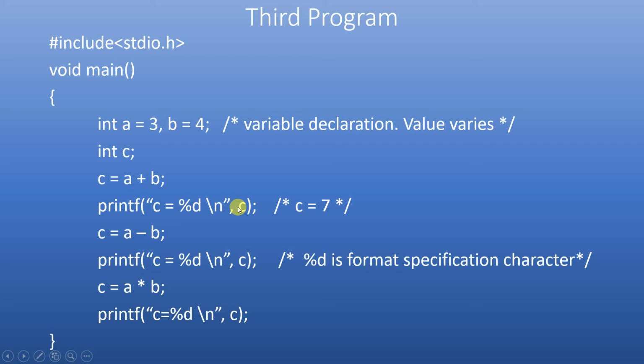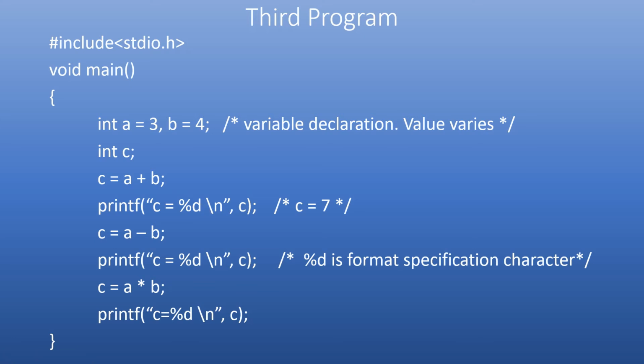And what is the data type of C? Here the data type represents the number system. I am using the integer number system. I have the data type called int, which represents the number system integer. So the value of C is 7, and the data type of C is an integer.